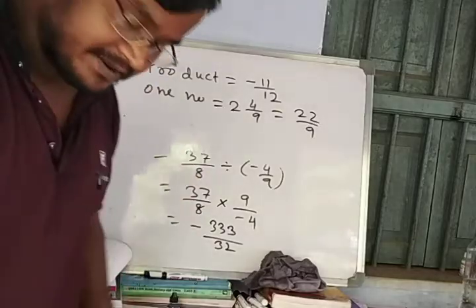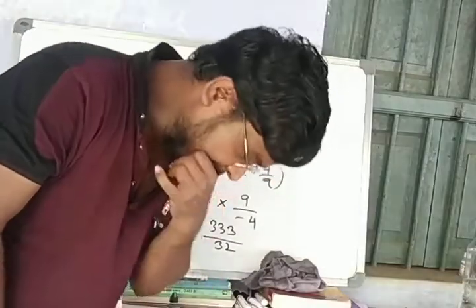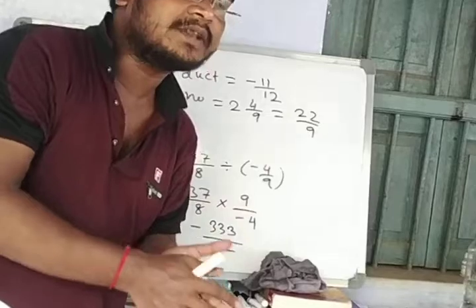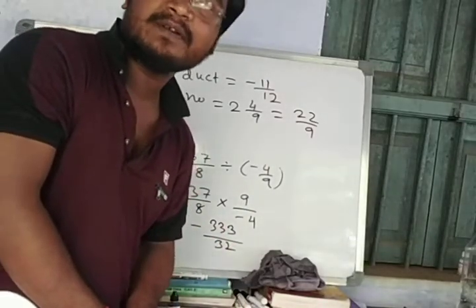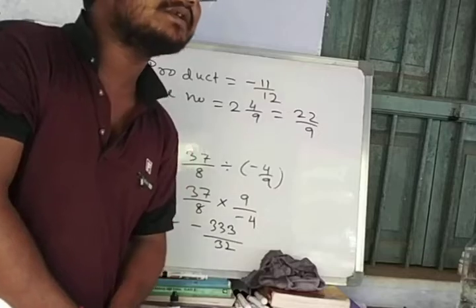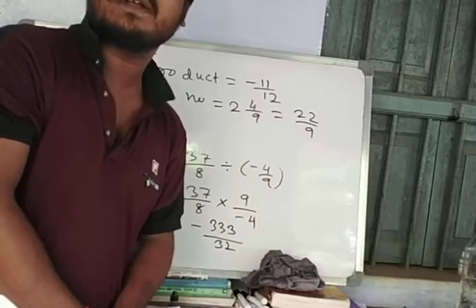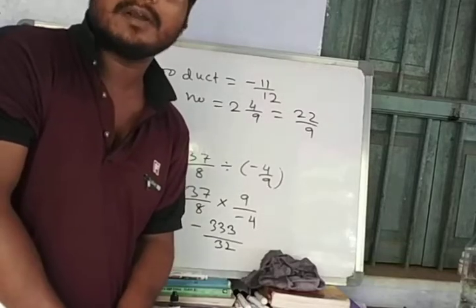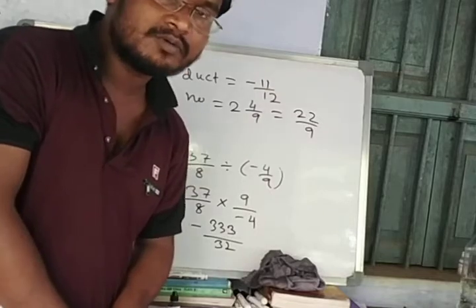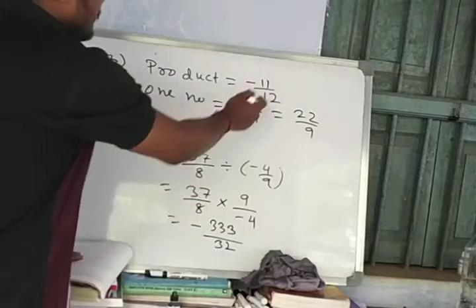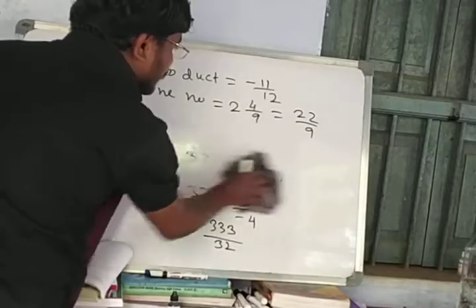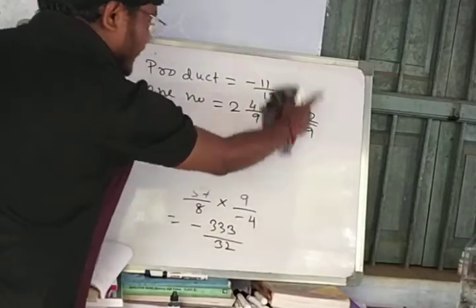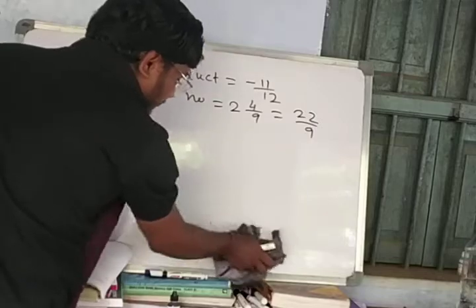If the product is given, and one number is given, then you have to find the other number. You know how to find that. You will divide the product by the given number. Suppose I told the product is 6 and one number is 2. Another number must be 3. How will you get it? 6 divided by 2. Same as also, this is the product, this is the given number. So you have to find the other number. Product of two numbers means it is one number, another number is missing. You have to find that missing number.